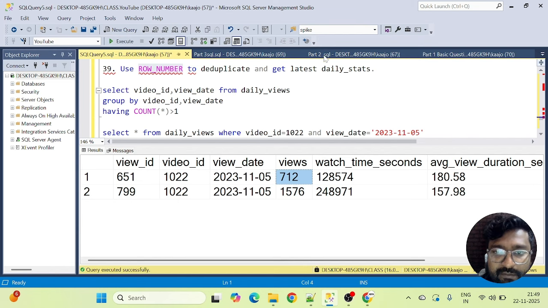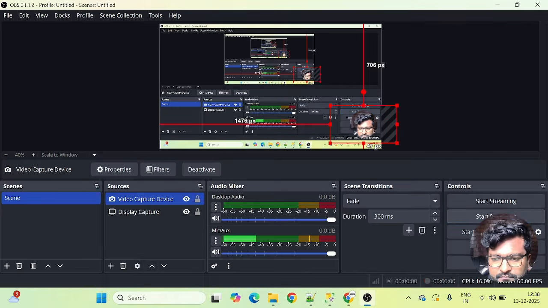So that's how probably, okay, so they're asking for latest daily stats. So my bad, latest as in, because the view date is the same, I am still leaning towards this question being partially correct, I feel. So probably I think we can leave it, this question here it is. If I see there is any scope of correction, I'll probably correct it in a later part of this video. Okay, so I think we have completed this part, and for the next part please stay tuned. I'll be right back. Thank you.